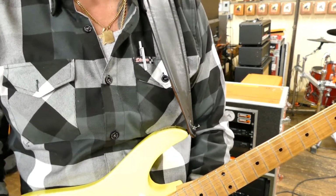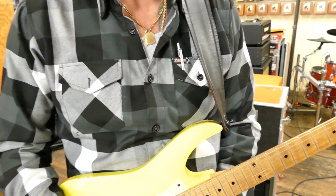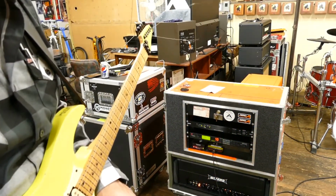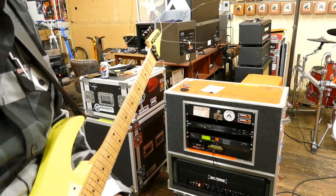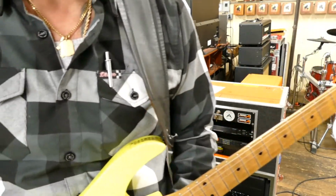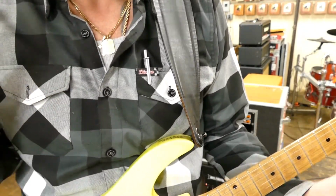So I thought I would give a little update on the guitar rig that I put together for this project. And as you can see, I got the Wizard back. Here's the crazy thing about that Wizard amplifier. If you're not into long stories, you can click off this video now. So